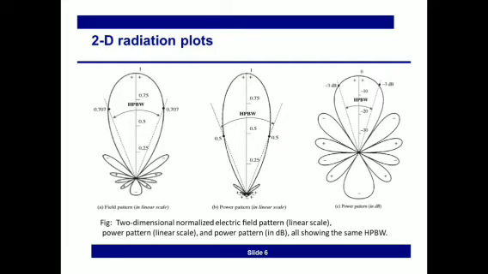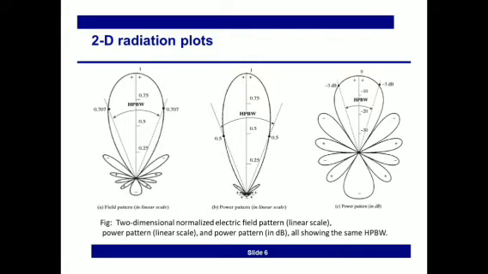Now, how can we find out the half power beam width? The half power beam width can be found by taking 2 points on the main beam which are 1 upon root 2 down from the maximum value. The maximum value in this case is 1. So we come 1 upon root 2 down, that is 0.707, on the adjacent side of the main lobe, and we get two directions on the main lobe. Now the angular separation between these two directions on the main lobe is called the half power beam width.